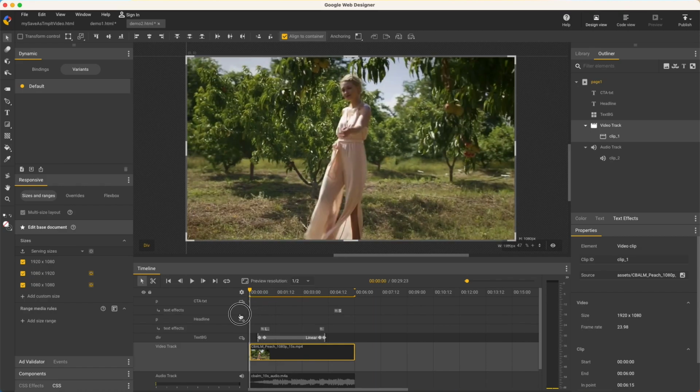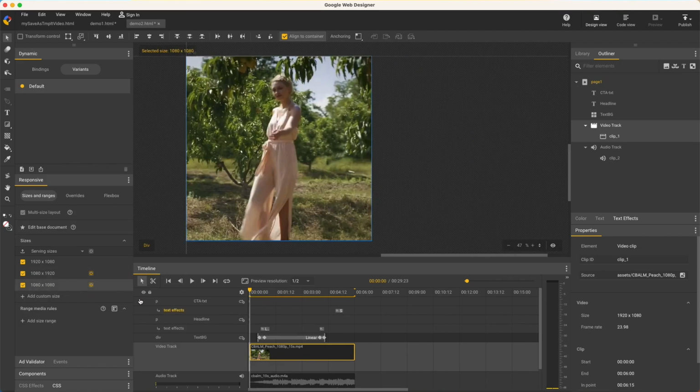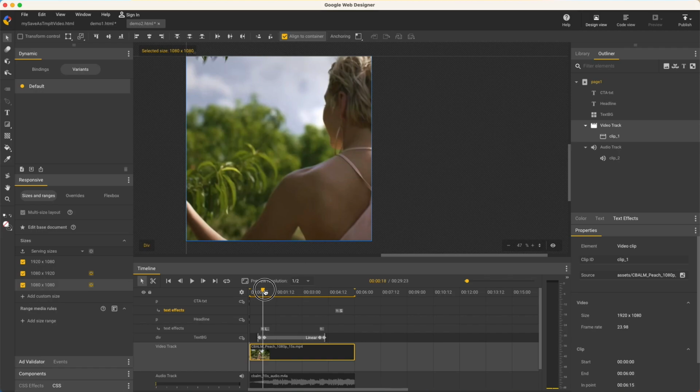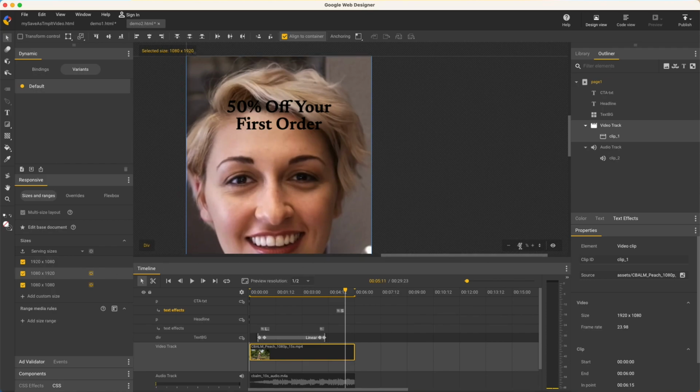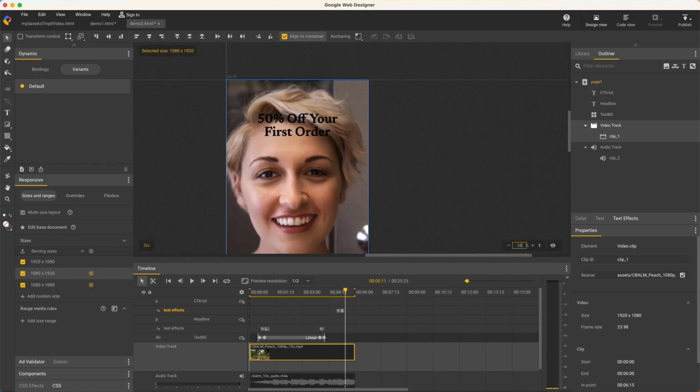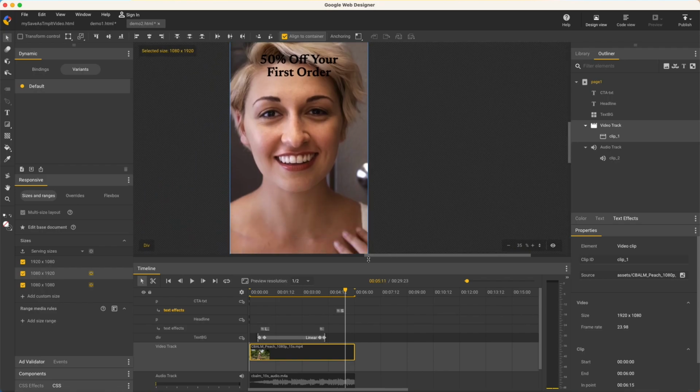In the responsive panel, I see 2 additional sizes, so I'll check each one. I'll just scrub through quickly to make sure my video content is staying in the viewport, since this design crops the video pretty aggressively to fill the screen. If you have problems, you could always reposition the video for any one size or completely remove a size you don't want.